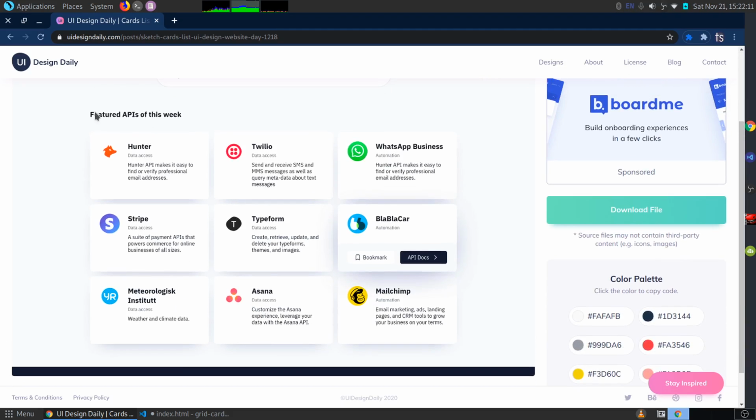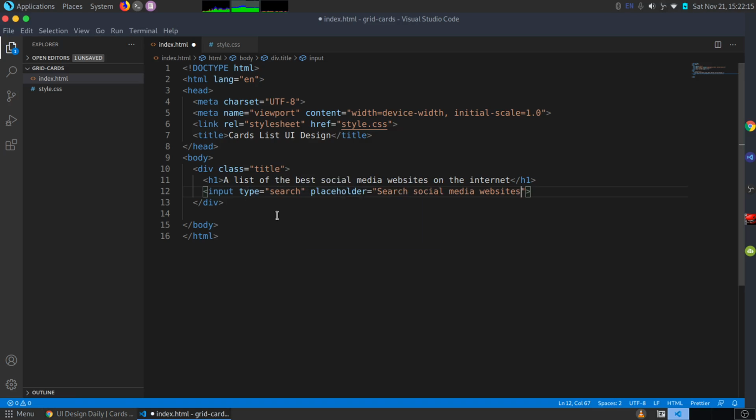Next, we can go ahead and start creating this grid, and I want a div with a class of grid. And let me place an h4 saying featured social media websites. Now, inside this grid, actually,